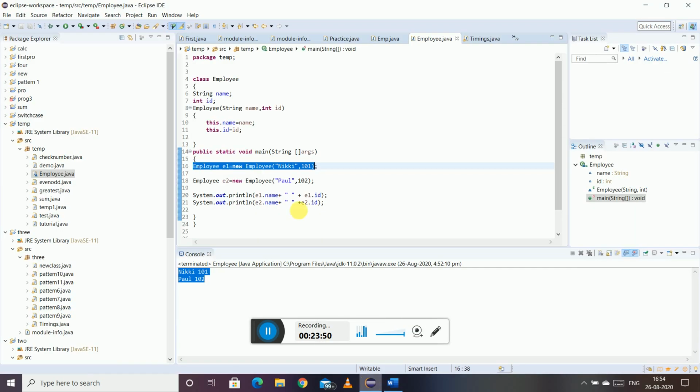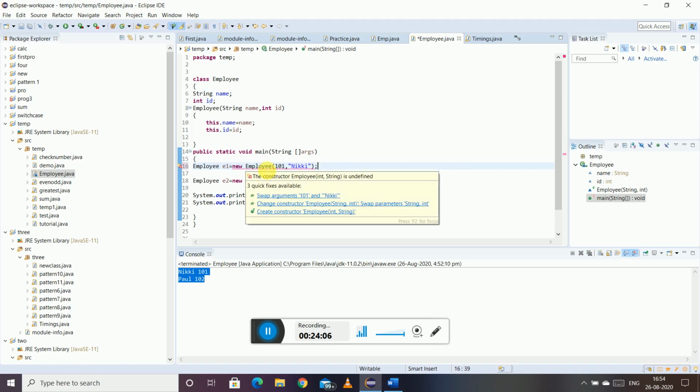Let's see that here itself. If I remove this and put it as a second argument and 101 as the first argument, it will give a compilation error that constructor Employee(int, String) is undefined. You do not have a constructor which has int first and string afterward.